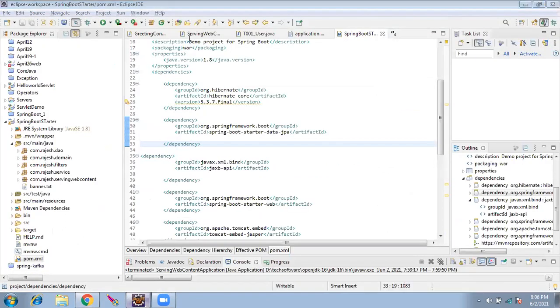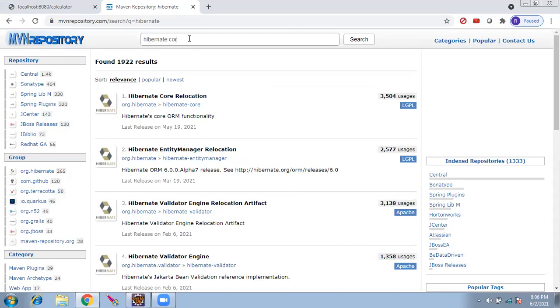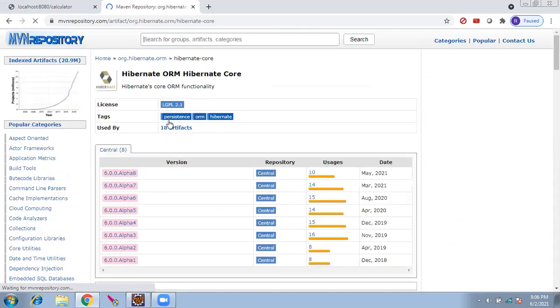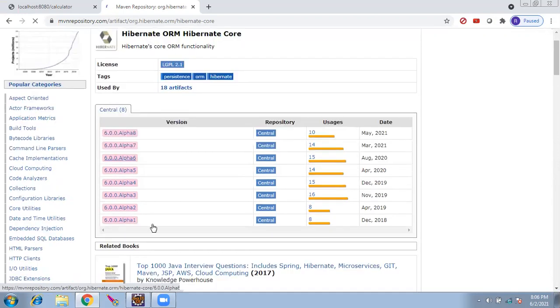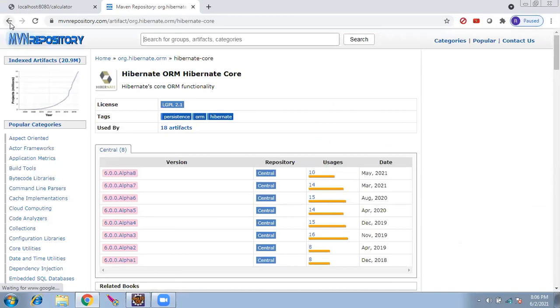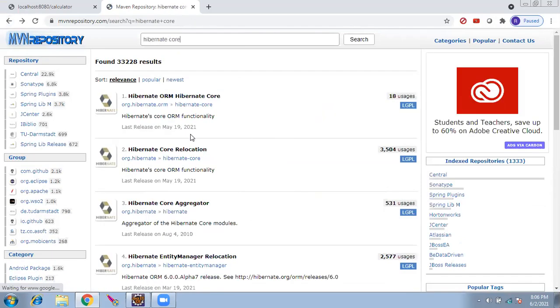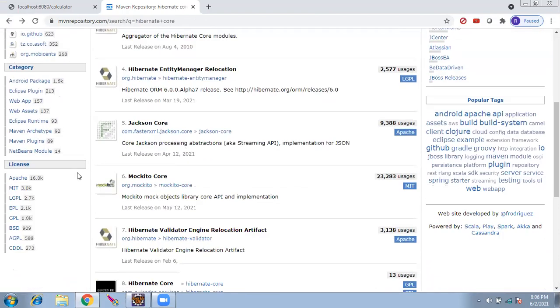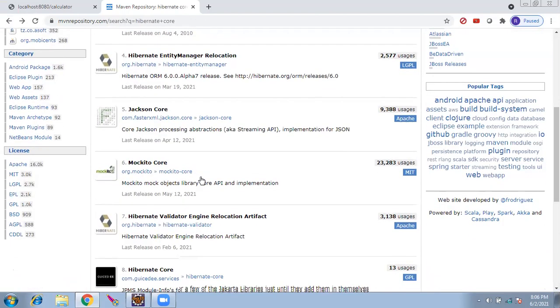Hibernate core. For that, just some practice is needed to know which jar has to be used. So Hibernate ORM core. If I go into this, I can see these many jars. These are all alpha versions, and I need a stable version. So this is not the one. Hibernate.